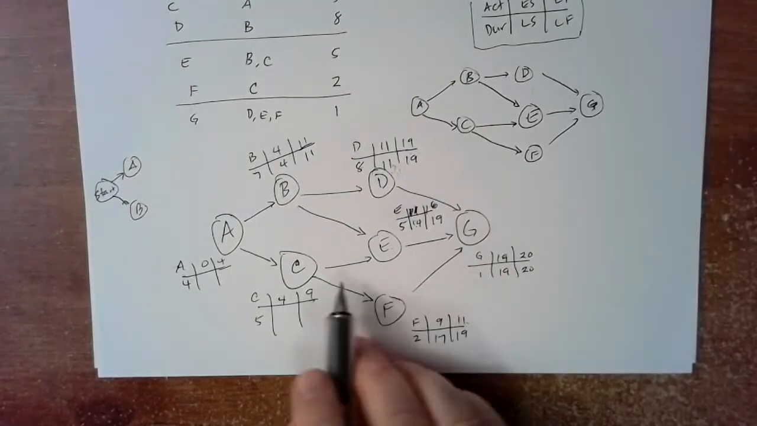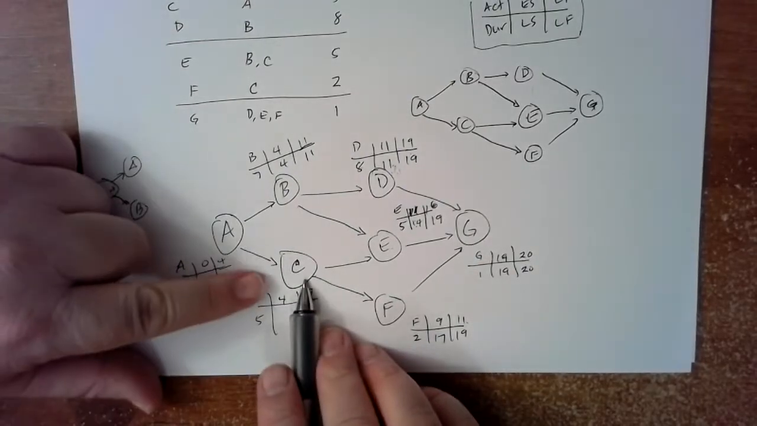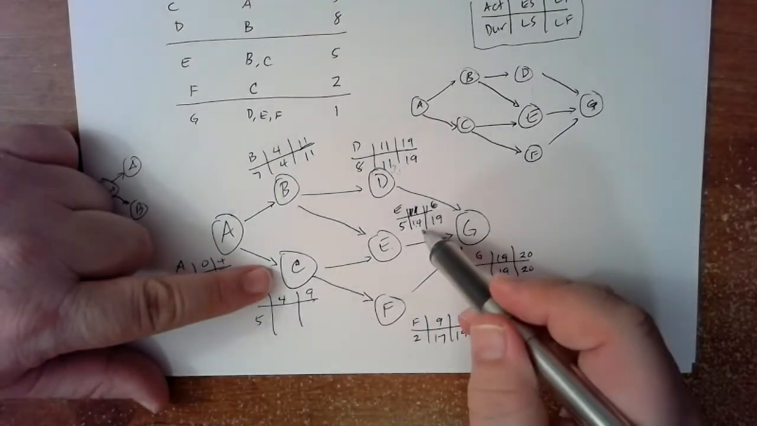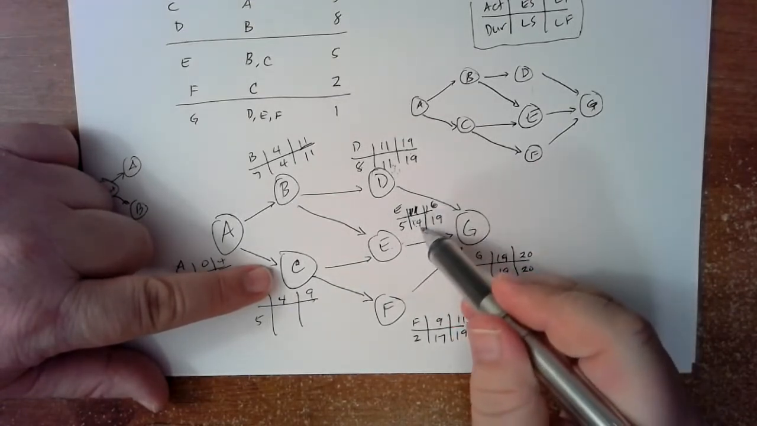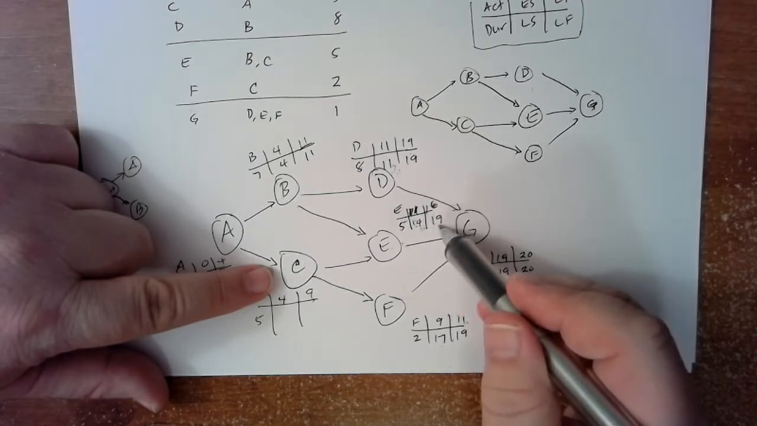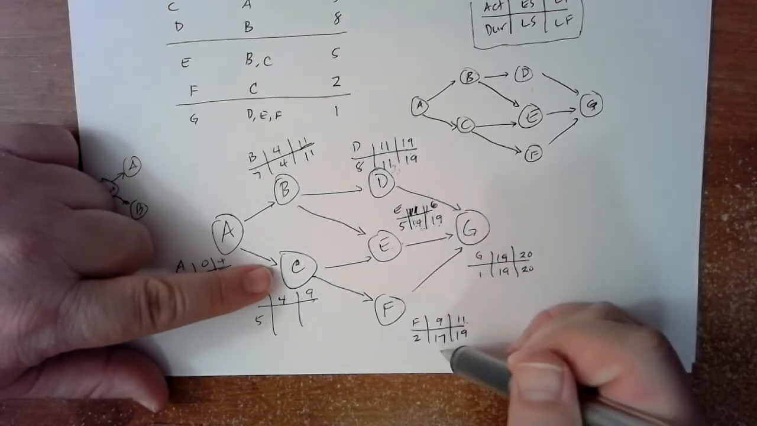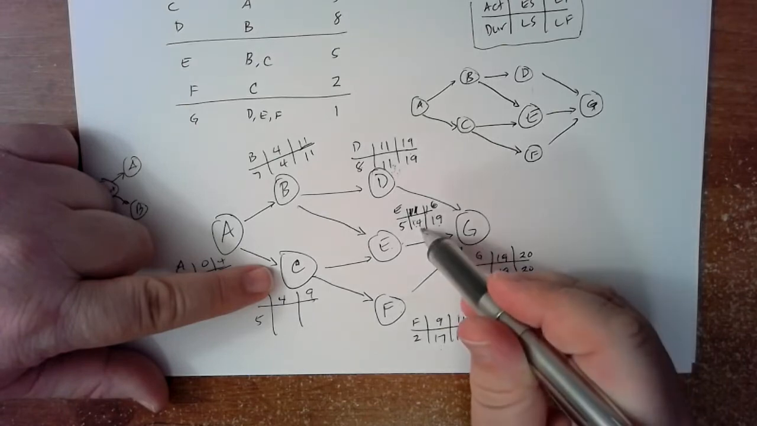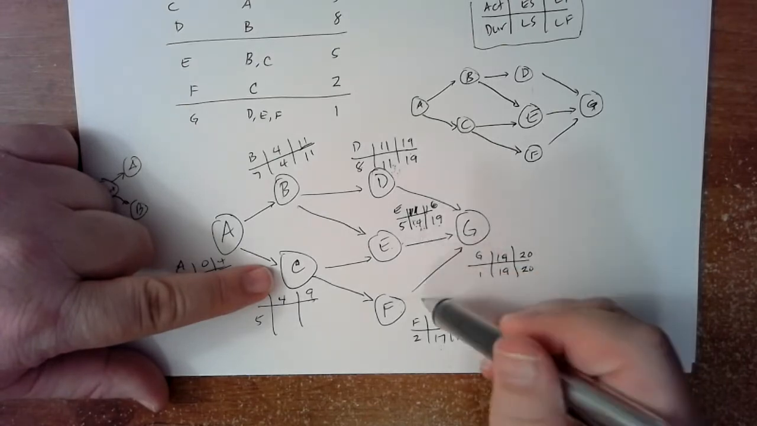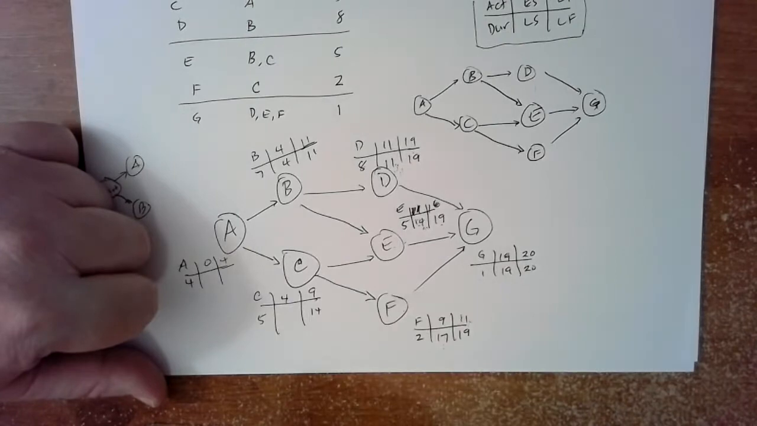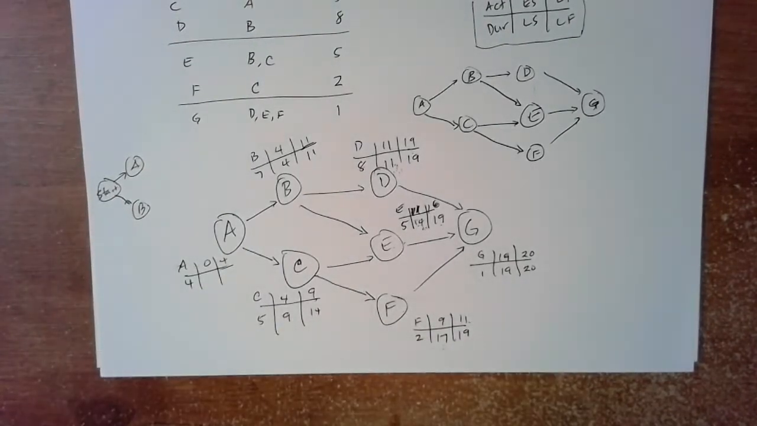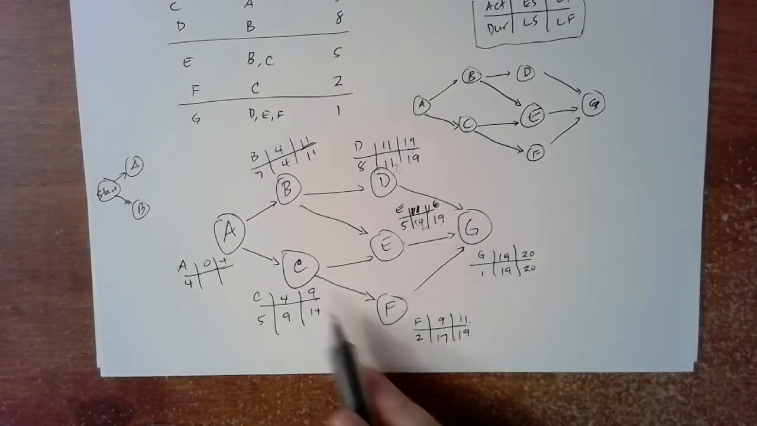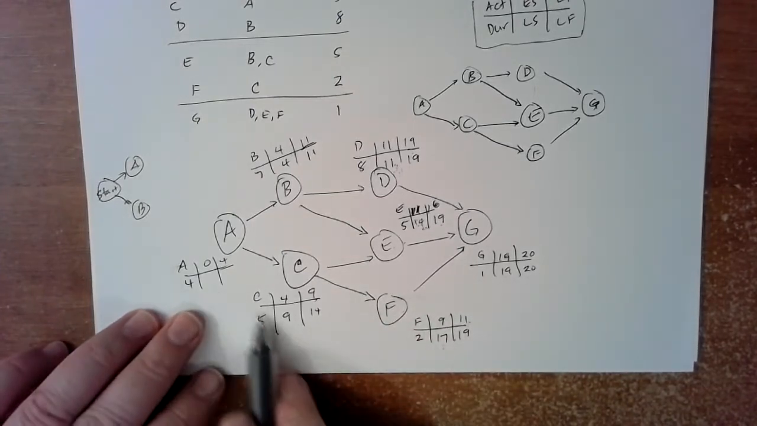Okay. Similarly for C, C has to be finished in order to let these two go. E has to start by time 14 in order to make this 19. F can start at 17, so therefore C better be finished by time 14. Good. And then 14 minus 5 is 9. So everybody seeing how that works? Then finally,